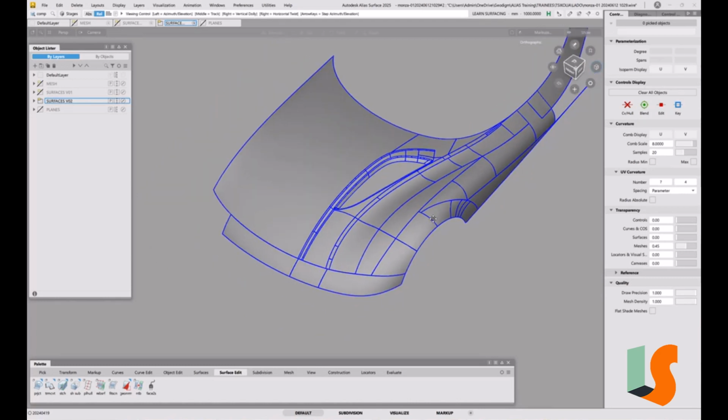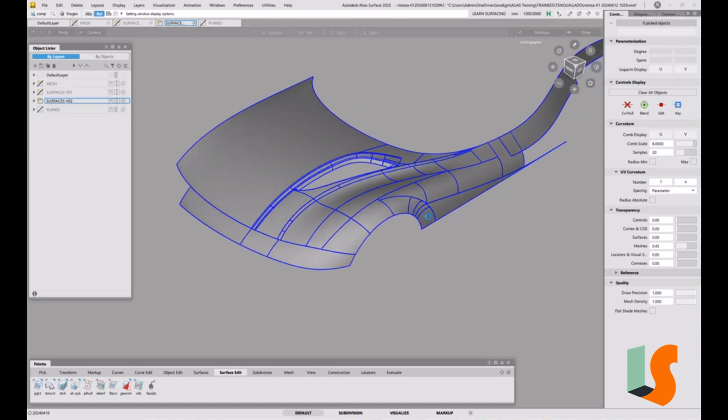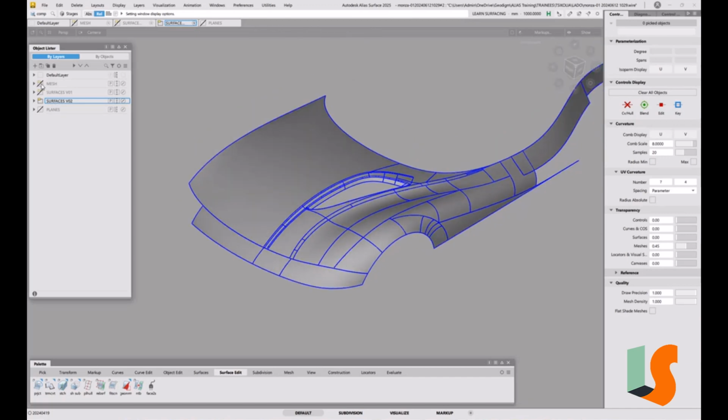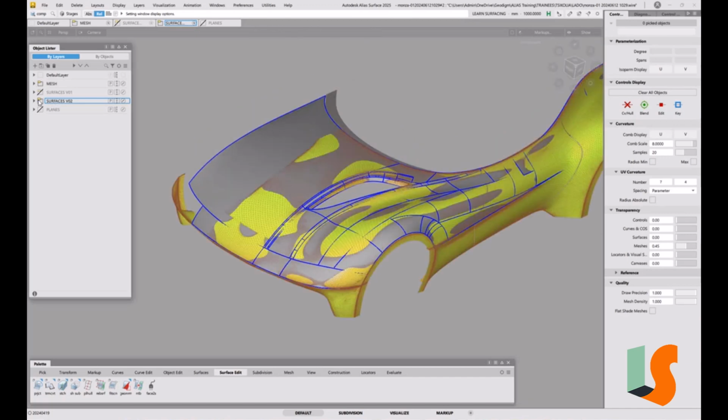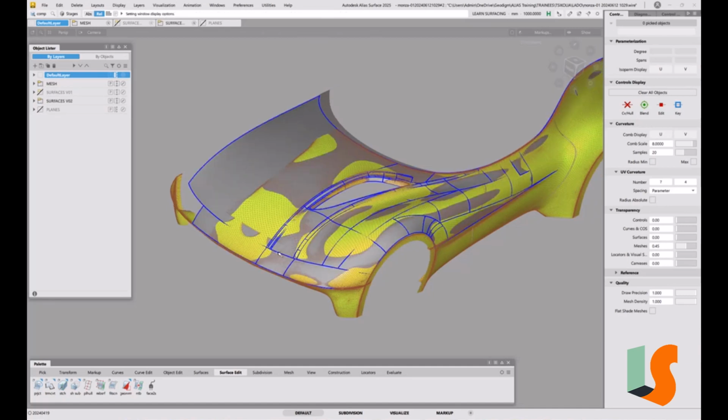Okay, so I think the final piece of detail on this, the real bit of detail. I mean, there's a lot of filleting around the edges, which would be fairly straightforward. But there's this on the mesh there. We've got these holes here, these intakes. So I wanted to have a look at those today, and I realised, as is so often the case when